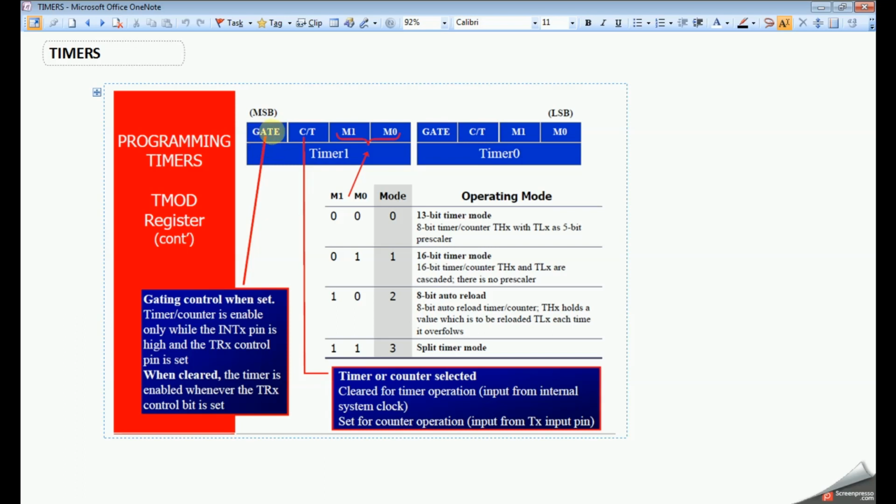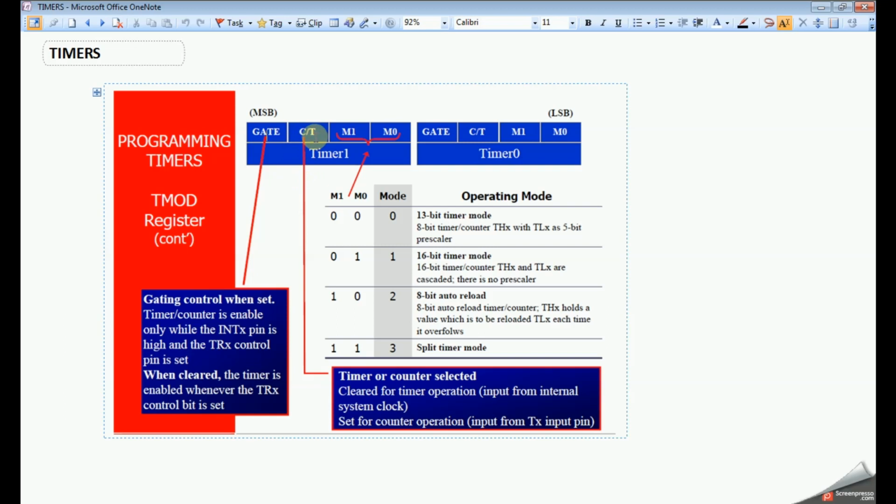If gate is 0, it indicates the internal or software method to start the timer. If gate is 1, it indicates the external method to start the timer or counter.